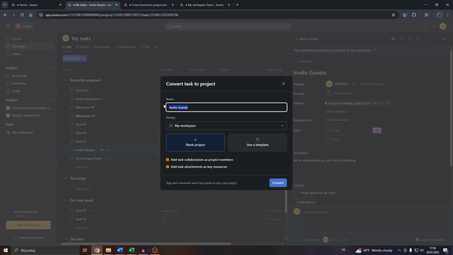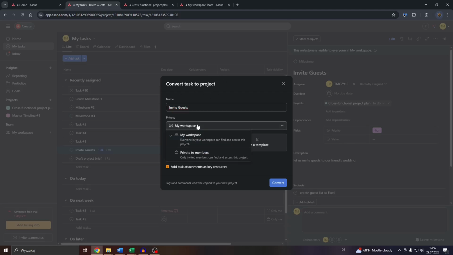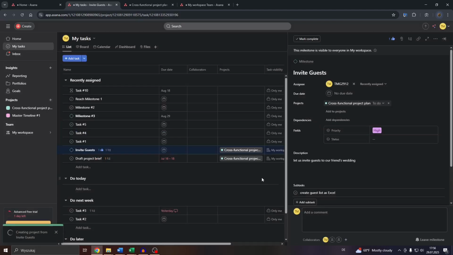You may leave the name, for example, or rename the project. Set a privacy status, like for example visibility for your entire workspace or only for selected members. You may also use a template for that project, or use a blank project. And once you're done, guys, simply click on convert here, and that is going to convert the given task to